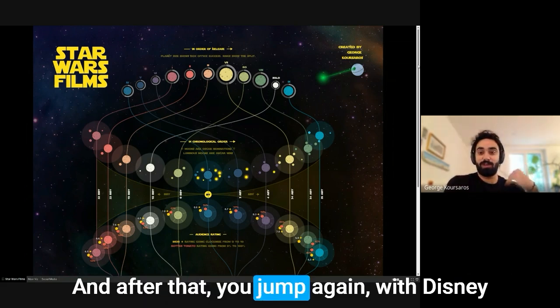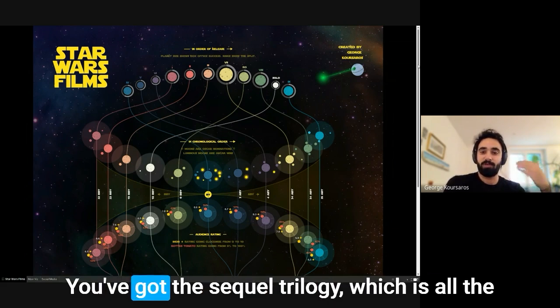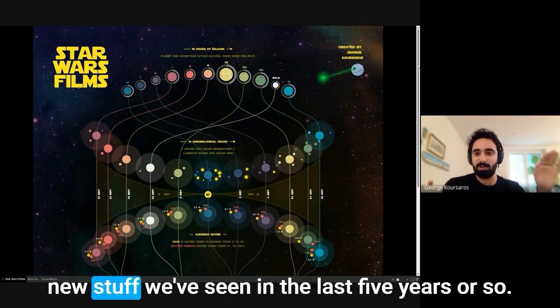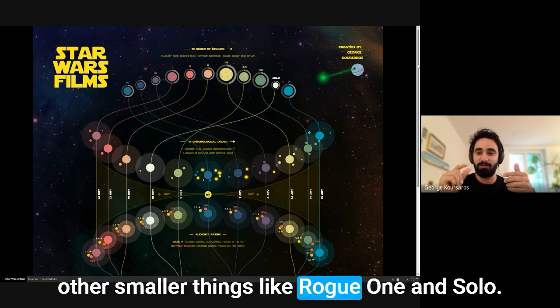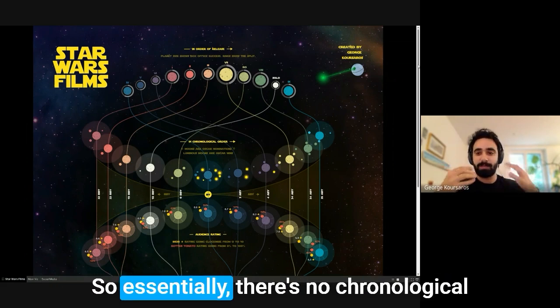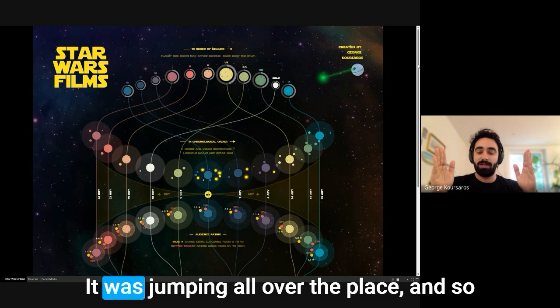And after that, you jump again with Disney now having the rights to Lucasfilm. You've got the sequel trilogy, which is all the new stuff we've seen in the last 5 years or so. And then in between those films, you've got other smaller films like Rogue One and Solo. So essentially, there's no chronological order to how this thing was put out. It was jumping all over the place.